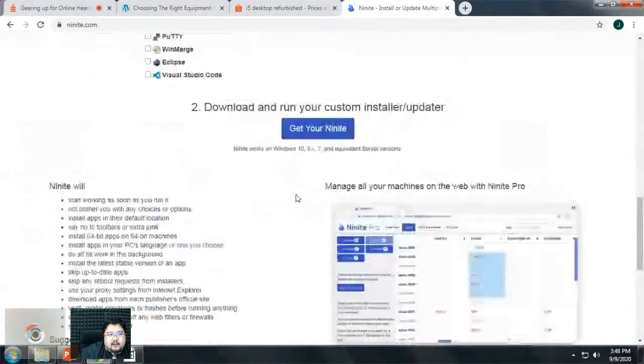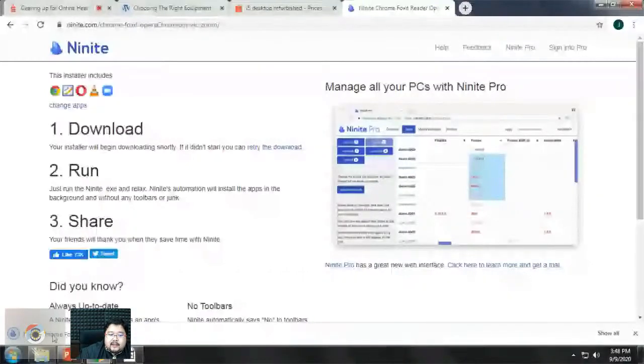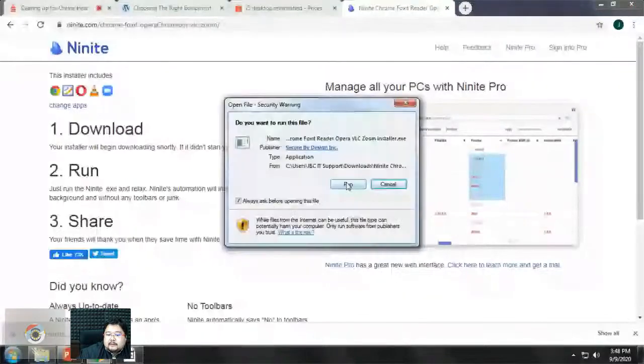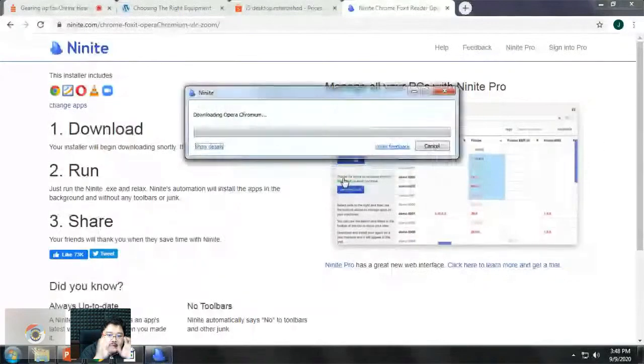Once I've ticked what software I want, I'll press Get 99, and then it'll put it together in a file, and I just run this file. What 99 does is this: if you already have the software, it'll just skip the downloading of that software.